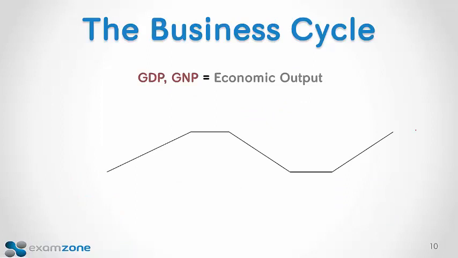Sometimes called the boom and bust cycle or the business cycle. What are the phases? In my experience, I haven't seen a lot of questions on this, but it's always on the outline, so we have to cover it. When we see good news back to back, the gross domestic product is growing at 3 or 4%, we're in a period of expansion. People are working, businesses are reporting higher profits, consumer confidence is up. When that levels off, we're at the peak.